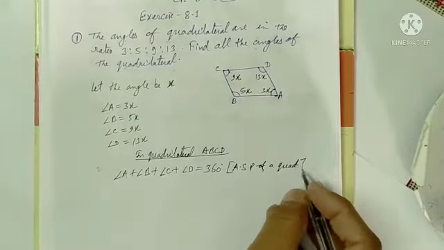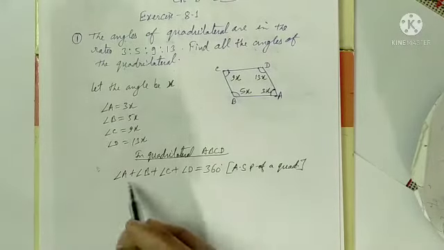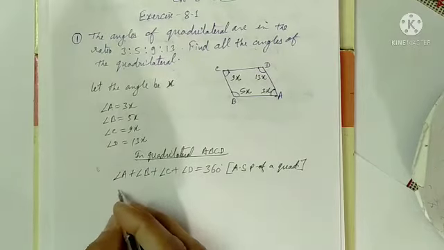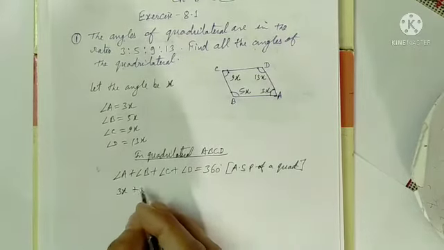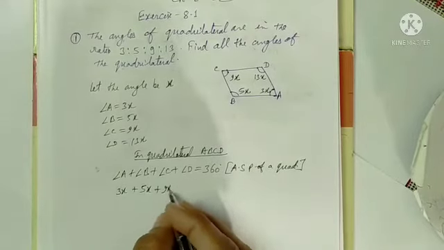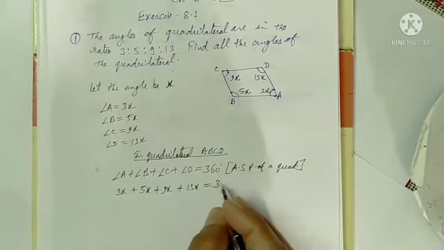The sum of all interior angles of a quadrilateral is 360 degrees. So that's why we have written this property. Now, angle A is 3x, so 3x plus 5x plus 9x plus 13x is equal to 360